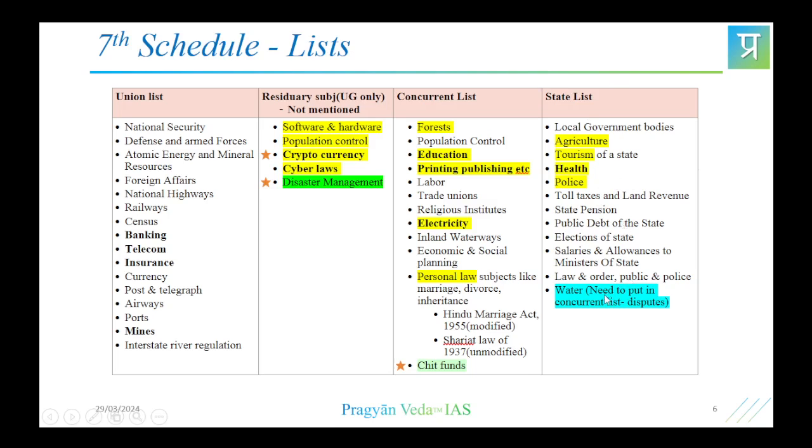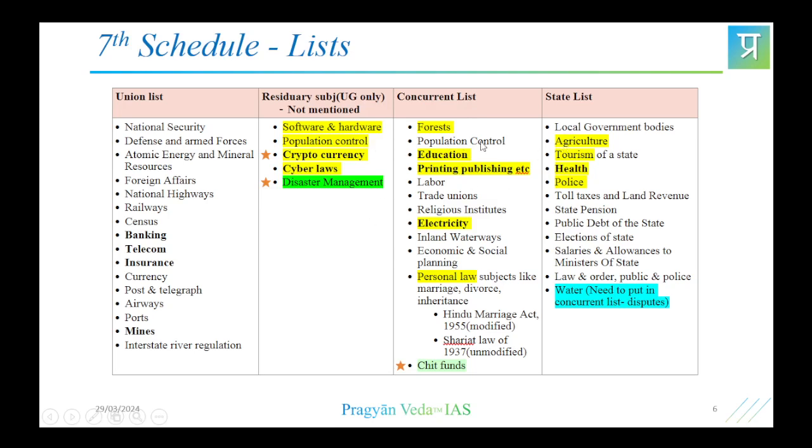Coming to something recent, we have water becoming a hot topic of discussion. The inter-state rivers that flow, like the Kaveri disputes and Mahadayi disputes, keep occurring in the news. Water is a subject matter of the state only, but with increasing disputes arising among states, there are some propositions to have this in the concurrent list, so that the center can issue directions for easy remedy of these events.